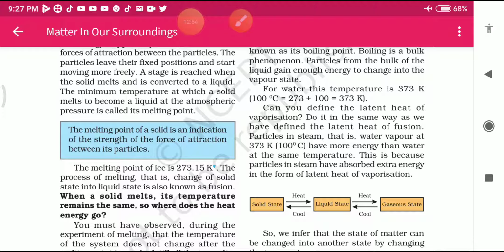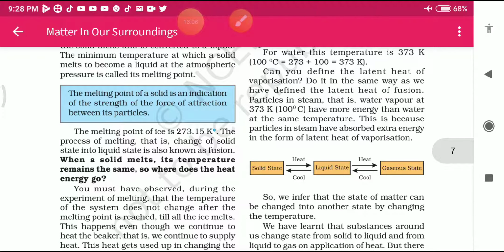We have to define the latent heat of fusion. Particles in steam, that is water vapor at 373 Kelvin, have more energy than the water at the same temperature. The temperature is the same here. This is because particles in steam have absorbed extra energy in the form of latent heat of vaporization. Now the question is here,